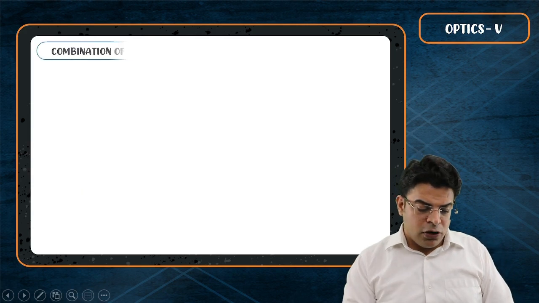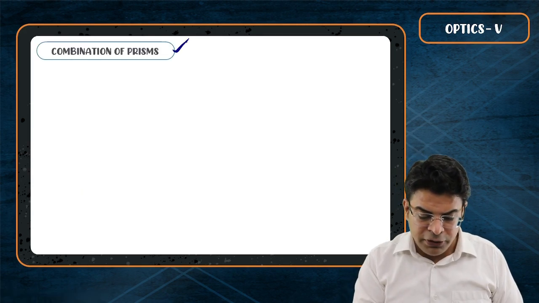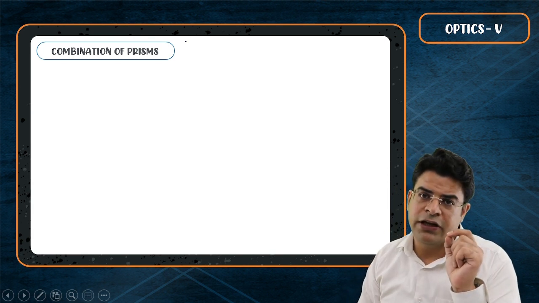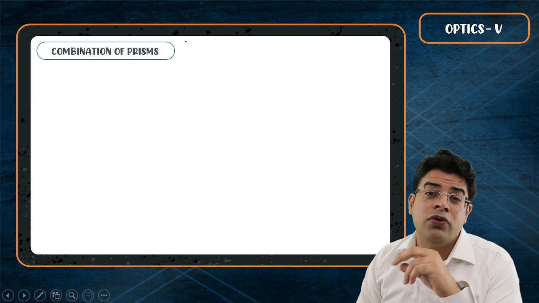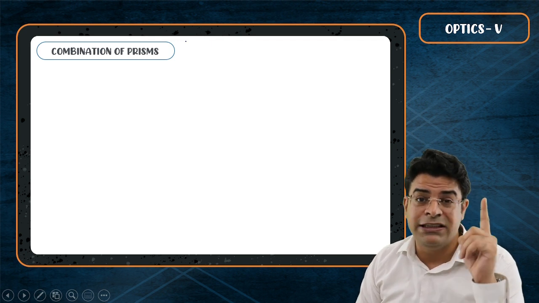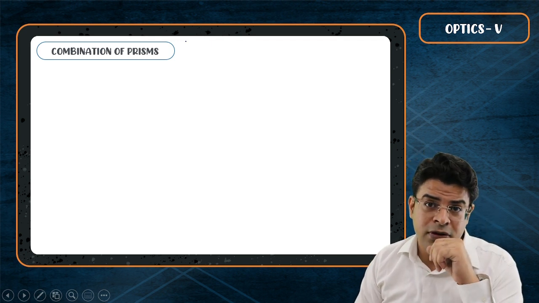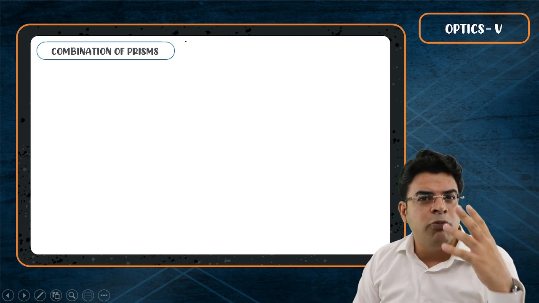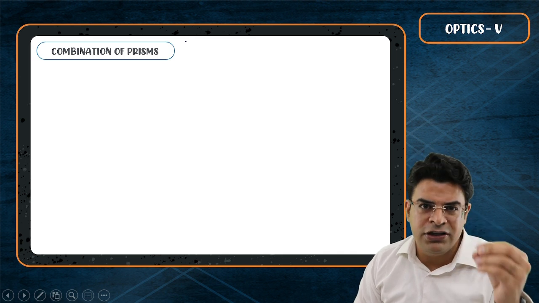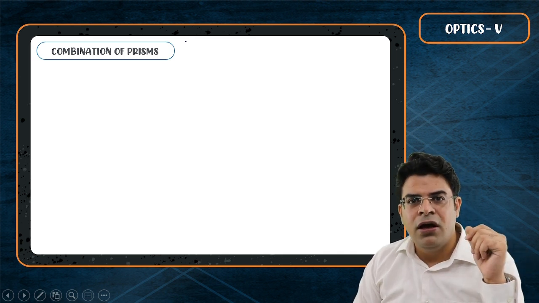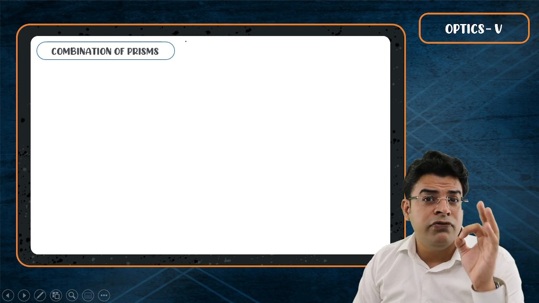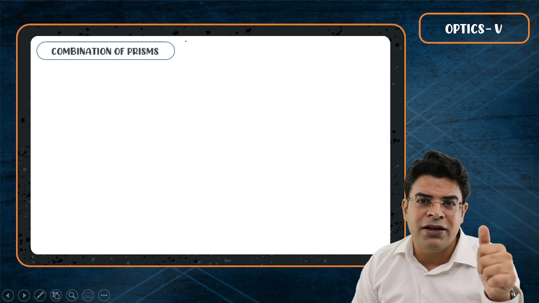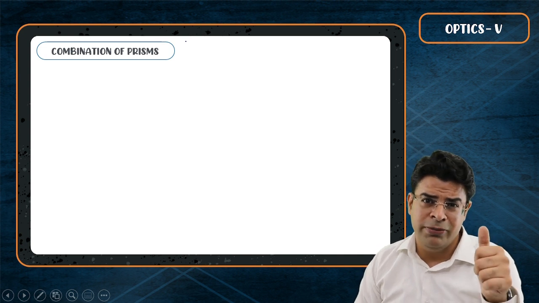Now let's move on to the last topic, that is combination of prism. Kids, I always say one thing: to be good in physics you have to be good in only two things. First, basic maths, second, theory. I know that many of you might be complaining that sir, you are only teaching more of theory and taking lesser and lesser numericals in the lecture. I complete most of the numericals by way of theory. A child can't solve a numerical unless they know the theory behind it, right?